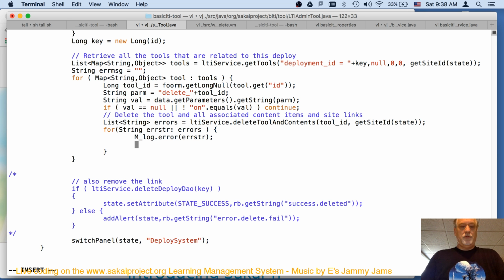I'm going to send this back to the UI. This is going to be such a rare occurrence that I think it's probably okay to send it back to the user interface, and I think it's okay not to even translate it because those errors are deep in my service. Error message plus equals error string, and then so that's good.